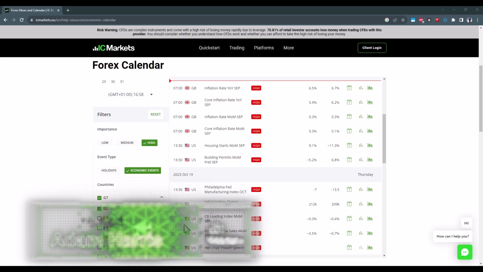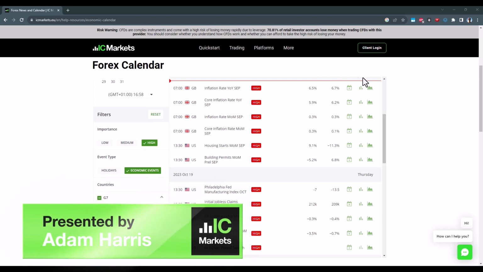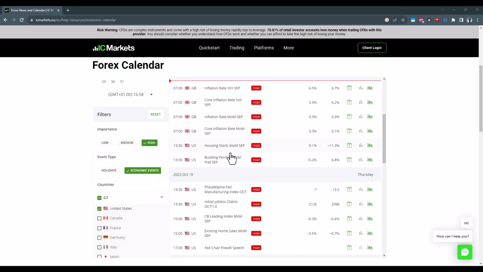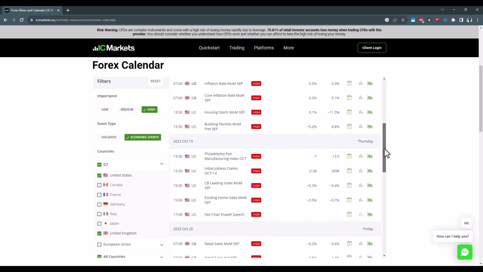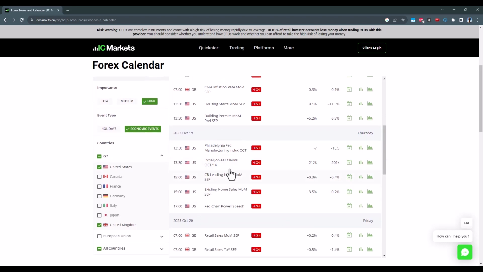First thing I want to do is just have a quick look at the Forex calendar. Just want to draw your attention to UK news. We've got inflation data that I want to keep an eye out for, and US as well. Housing and building permits as well, get a sense of what's happening with regards to the potential bubble in the US, and then of course having a look just at general inflation versus unemployment or jobless claims, as well as